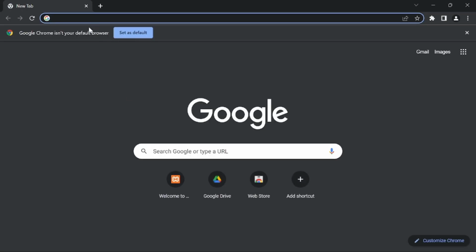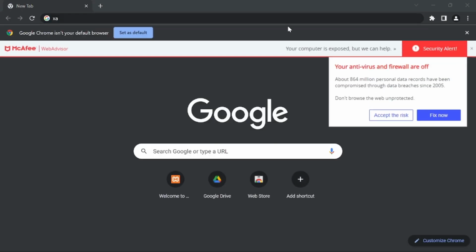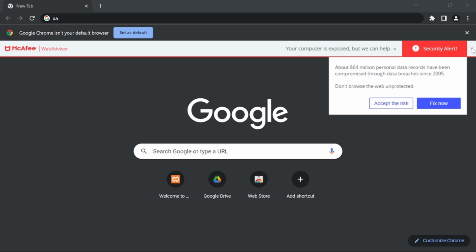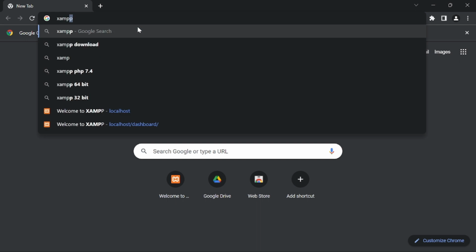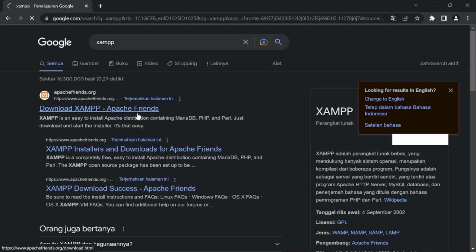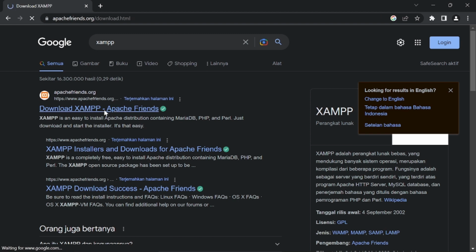So, first of all, open your favorite browser and search for XAMPP. And the first link which will appear here is apachefriends.org.